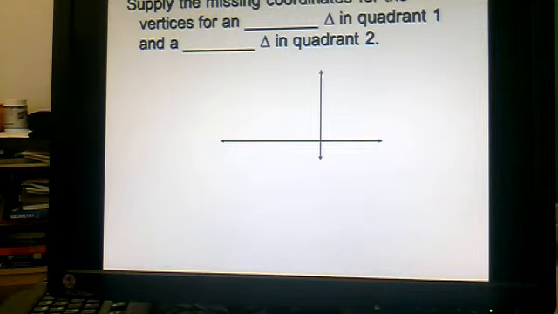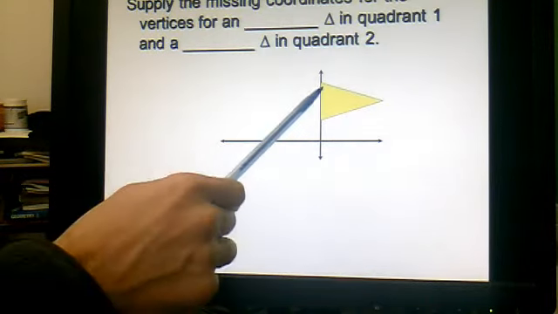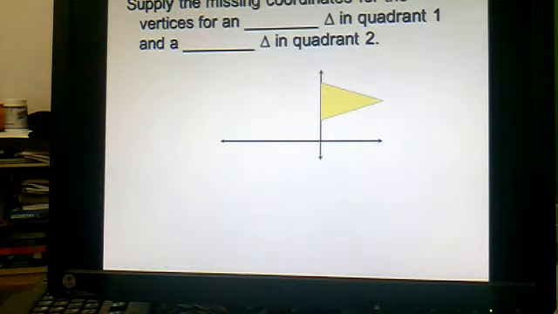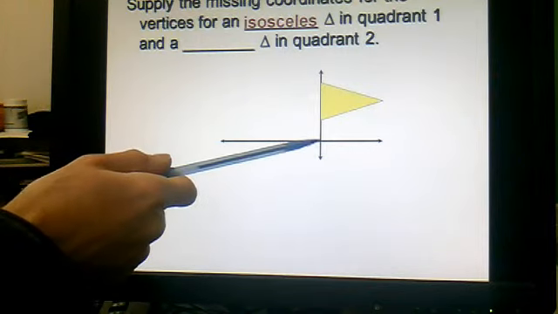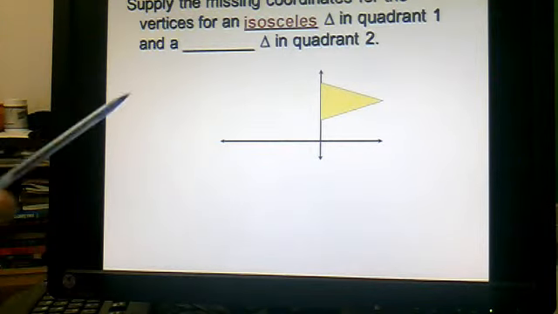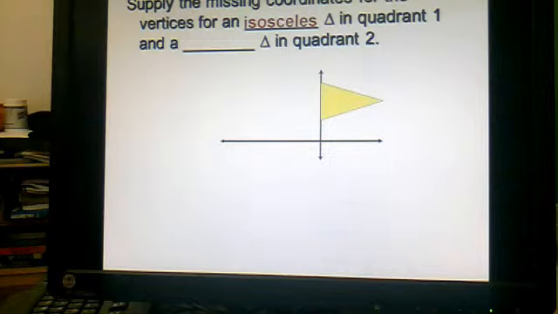Alright, this next one has two parts to it. We're going to draw this triangle, and hopefully you can look at that and go, oh, that appears to be isosceles. I want to put an isosceles triangle and move it up from the origin a little bit because I'm going to use that coordinate. You can use that corner for the second triangle we're going to work with here. This is a little bit of a tricky one. I'm going to give you